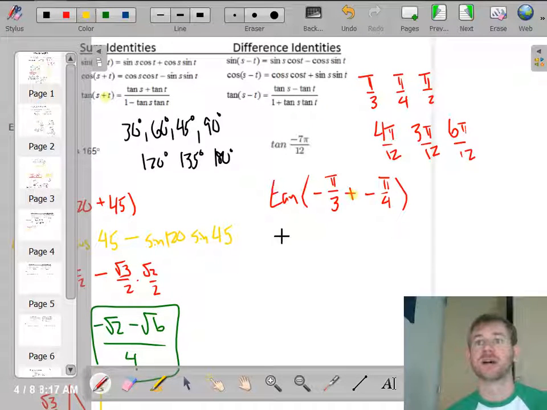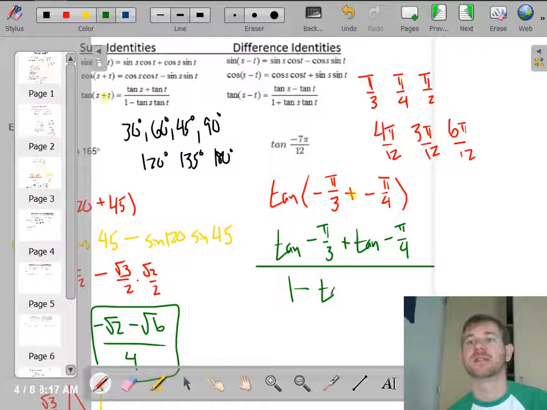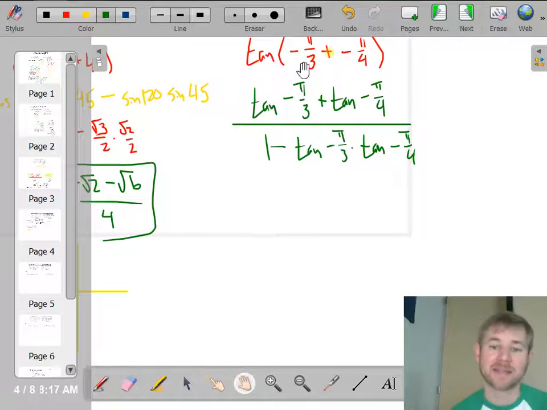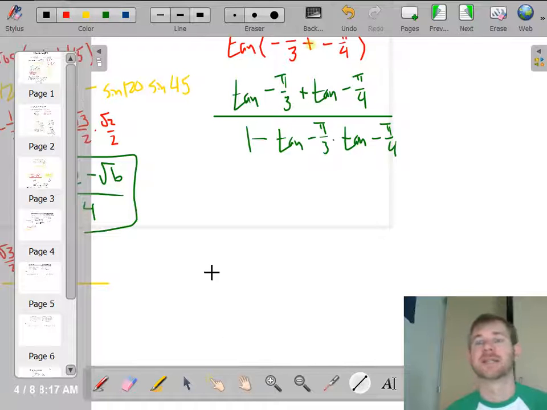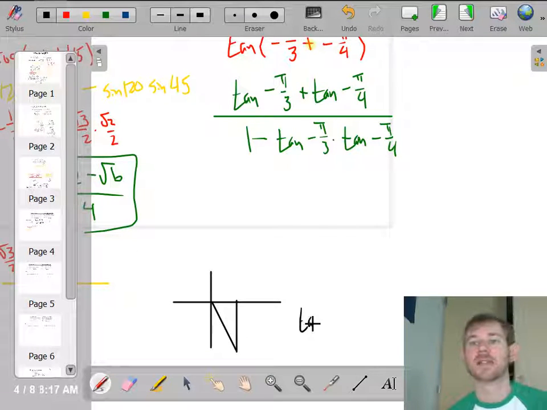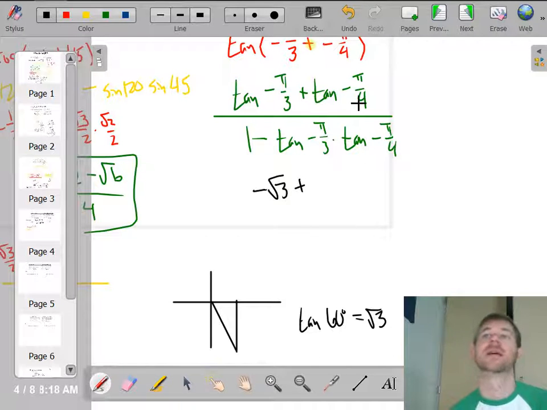So I'm going to say the tangent of negative pi over 3 plus the tangent of negative pi over 4, all over 1 minus the tangent of negative pi over 3 times the tangent of negative pi over 4. Now you got to be careful, since I'm evaluating these angles and they're negative, they're going to be in the fourth quadrant, and tangent is negative in the fourth quadrant. So you should remember that if you're talking about a 60-degree reference angle, tangent of a 60-degree reference angle is radical 3. So in the fourth quadrant, that's going to be negative radical 3